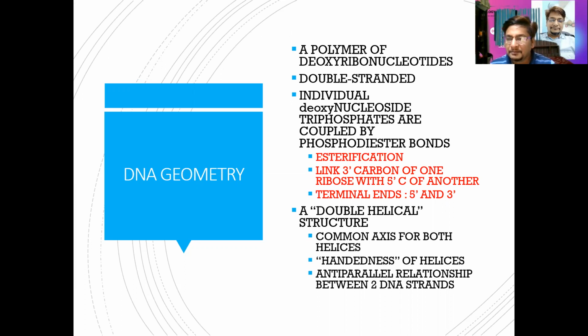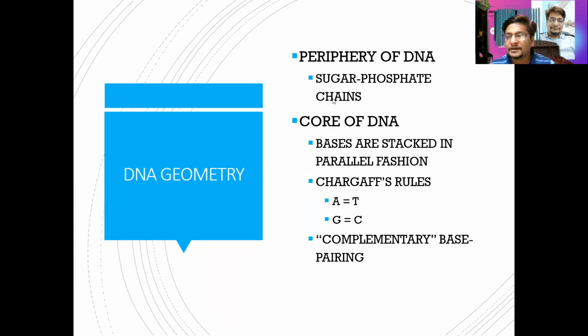And mainly the helical structure is because of the sugar. There's a conformation change in the sugar, we call it sugar puckering. We'll discuss it in a while. And basically, in this structure, the backbone is made up of sugar and phosphate, whereas the bases are going to be oriented inside, and one base is going to be one above the other, that's called stacking. They're arranged in an anti-parallel fashion, and it follows Chargaff's rule where adenine is equal to thymine and guanine is equal to cytosine. So there'll be complementary base pairing.